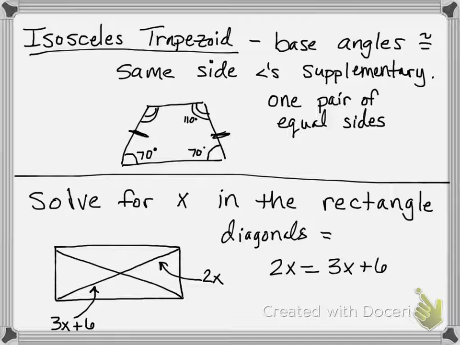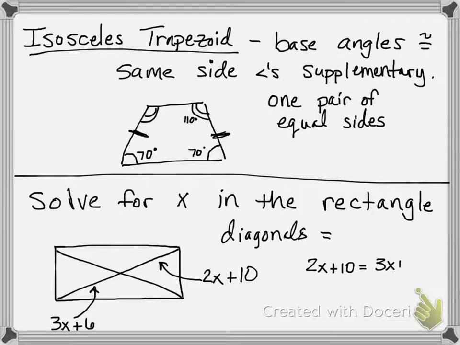Okay, 2x, excuse me, I miswrote this. This is supposed to be 2x plus 10 is equal to 3x plus 6. So let me rewrite that. We have 2x plus 10